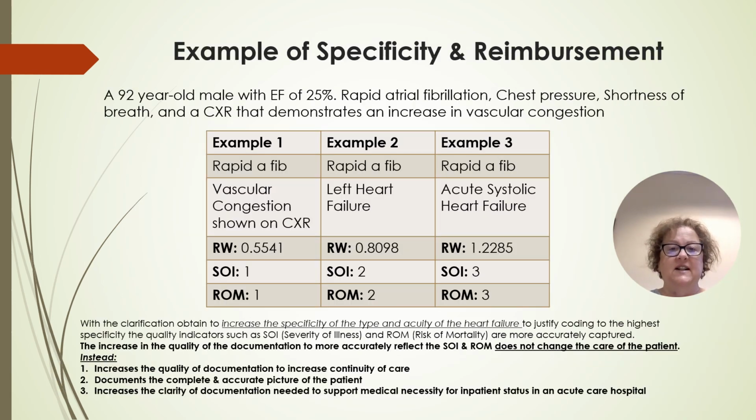So this is just an example of how the specificity and the clarification to obtain the increased specificity of the type and acuity of heart failure to justify coding to the highest specificity of quality indicators such as severity of illness and risk of mortality are more accurately captured to reflect again the resources that were used to care for the patient and also really tell the picture of how sick this patient is and why they needed that intensity